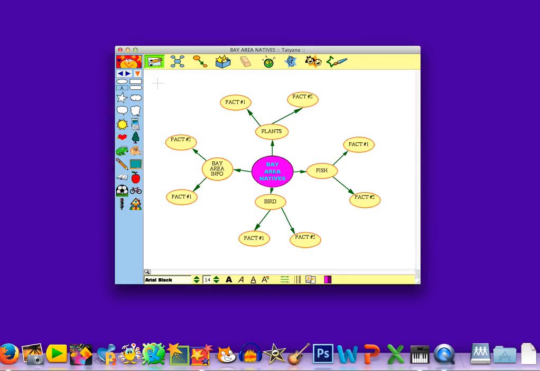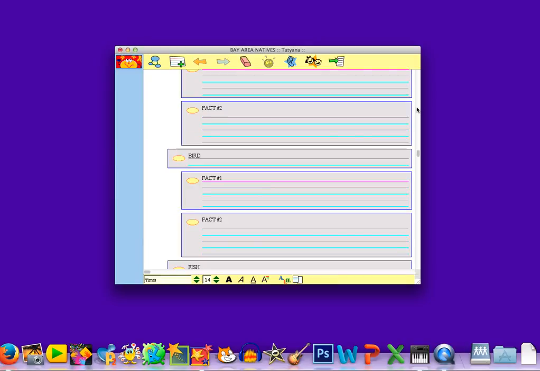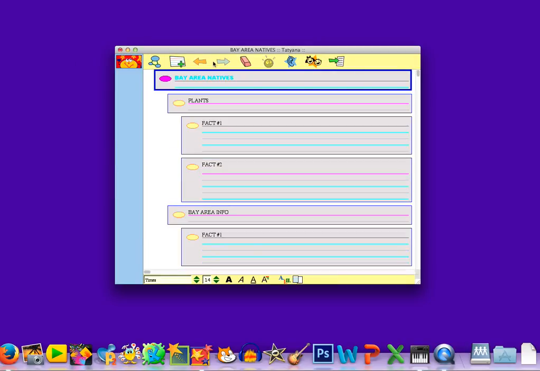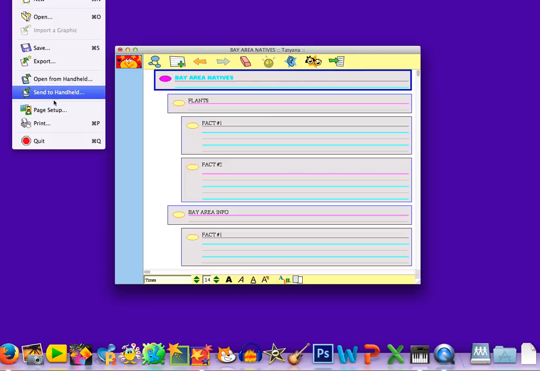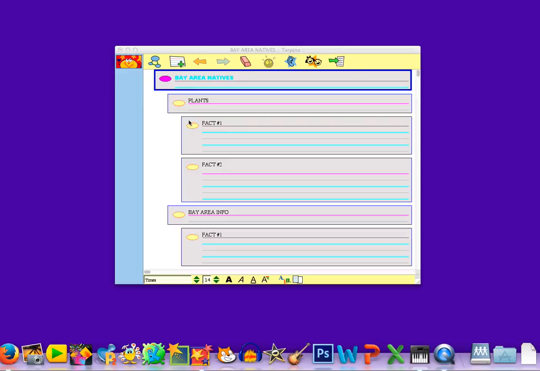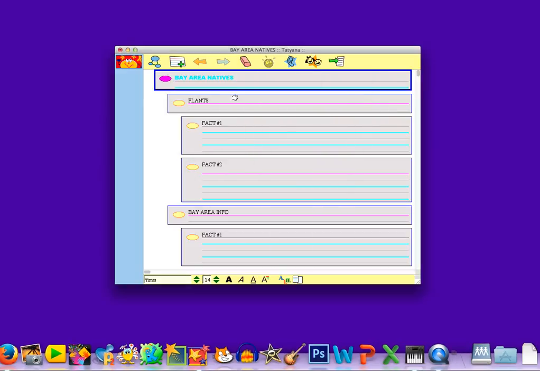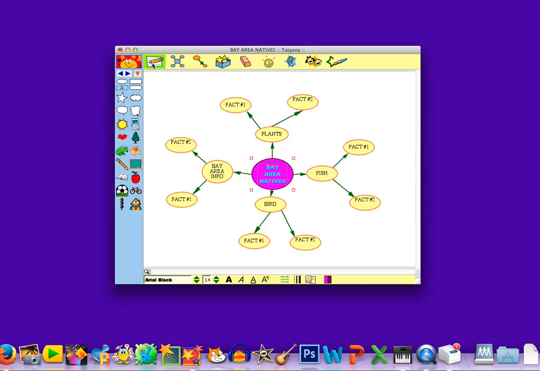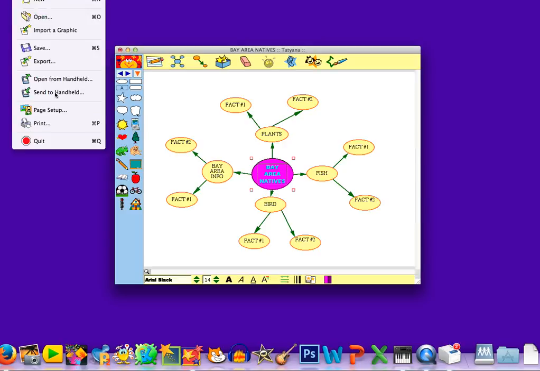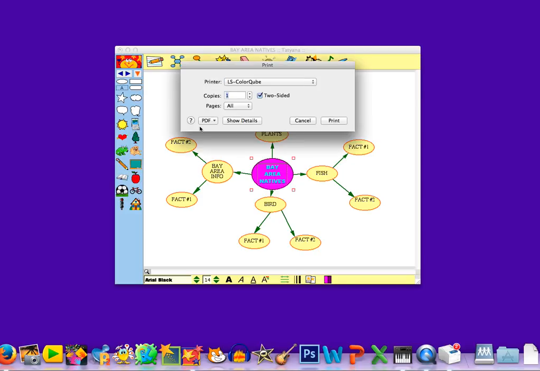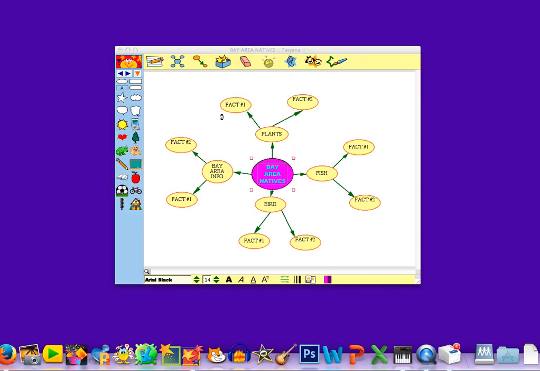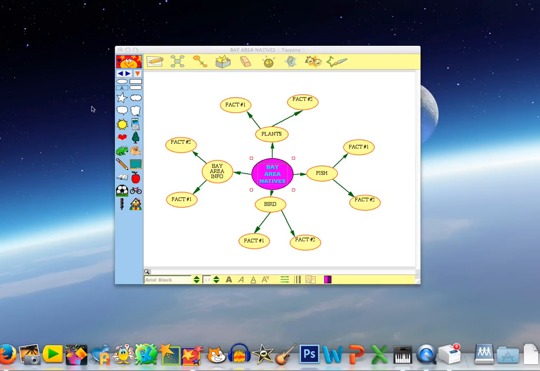And the last step is I want to make sure that I've got enough lines to write in here because I'm going to be printing this. So I'm going to click the File, Print button and click Print. I'm going to go over here back to this drawing. I'm going to go to File, Print. Now remember, boys and girls, nobody's going to print until they check in with an adult, but that pretty much sums up the